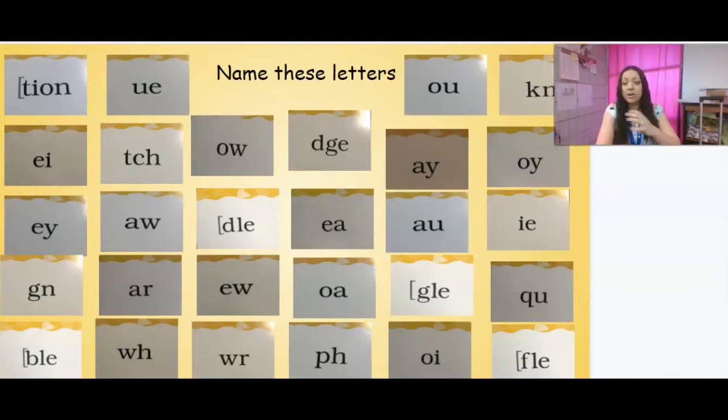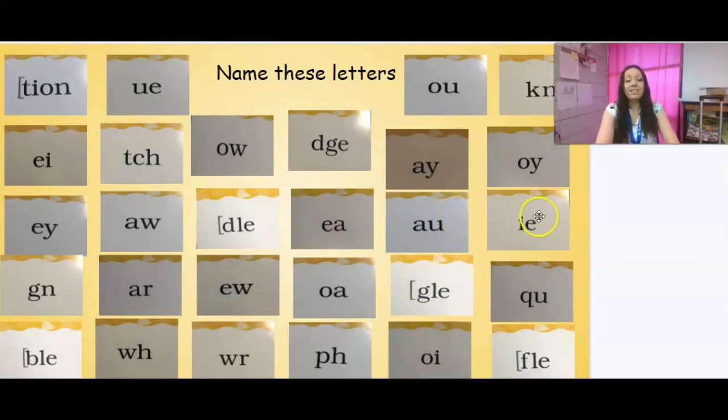So real quick, we're just going to go over a mix of our letter cards first. We have final syllable T-I-O-N, digraph U-E, diphthong O-U, ghost, digraph K-N, digraph E-I, trigraph T-C-H, digraph or diphthong O-W, trigraph D-G-E, digraph A-Y, diphthong O-Y, digraph E-Y, digraph A-W, final syllable D-L-E, digraph EA,